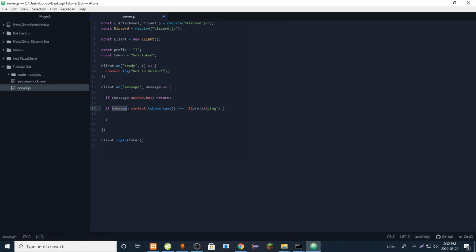So if the message is in all capitals, like PING, it makes it lowercase, and if the lowercase version is equal to the prefix, which is just that, then ping, it will do whatever's inside here,